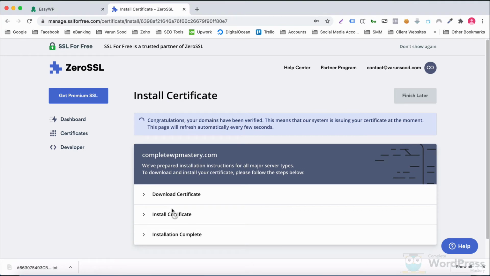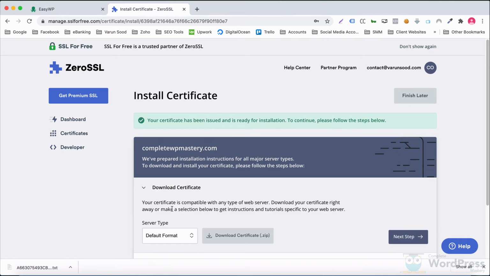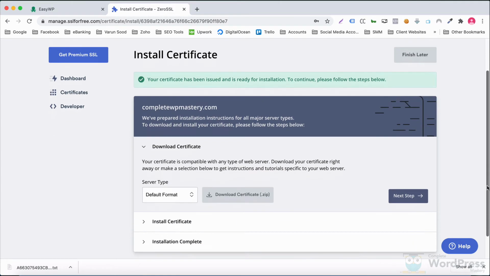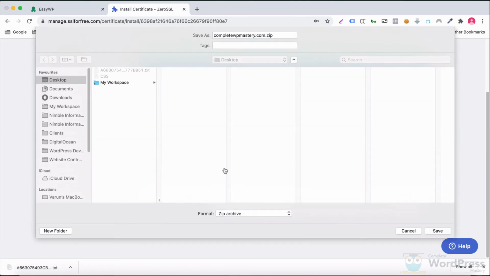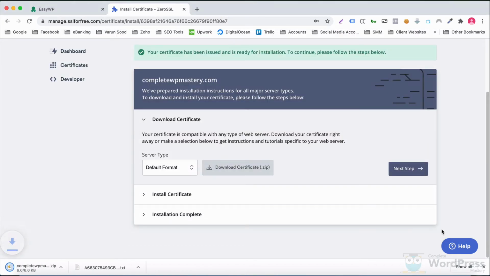So the domain has been verified and ZeroSSL is now issuing an SSL certificate for our domain. You can see the certificate has been issued and we now need to download the certificate. It's a zip file and let's download it to our desktop.